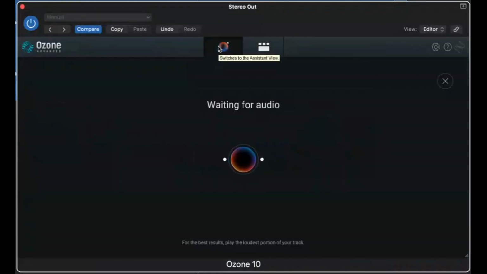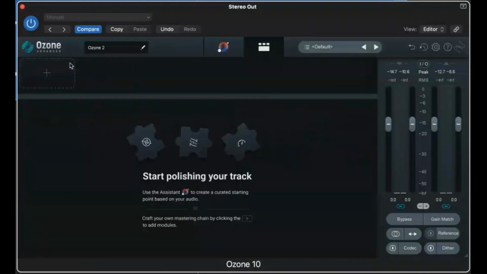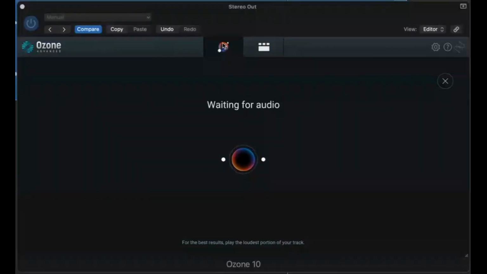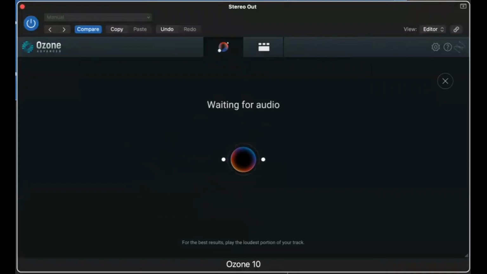When I go back to this, okay, this is basically ready to. Another thing you can do is you can X these out just to make it a really blank template. That's another way to clear things out. And then back to here, I could put this back and I could learn again. Now, there was this thing about those audio references. So if you just start out by letting the master assistant analyze it like this,